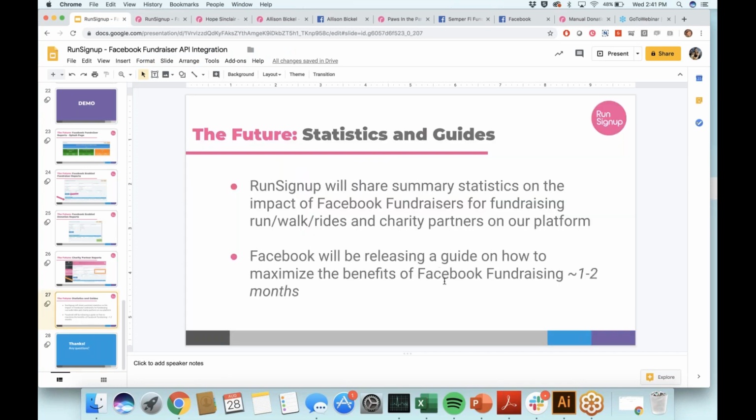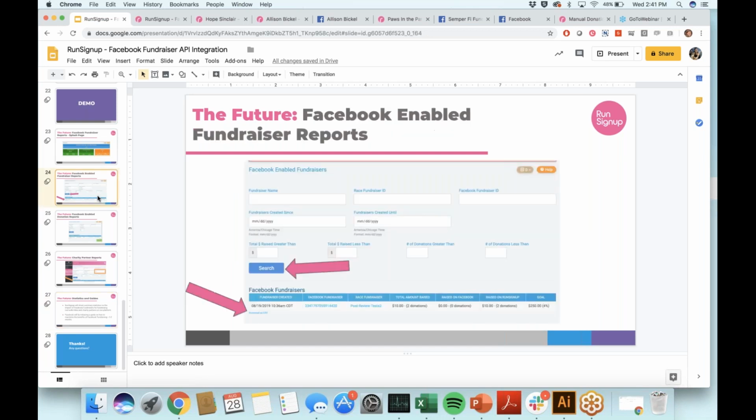I think the other thing I wanted to mention in terms of maximizing the benefits of Facebook fundraising. I'm excited to see what Facebook is able to provide to nonprofits in terms of best practices and creative ideas. But one of the points that we made earlier in this webinar is that the key to this integration is helping our fundraisers reach their goals. And so even though you're not going to be able to reach out to all of your Facebook donors because you just don't have their data, one of the really cool things you can do is you can get your